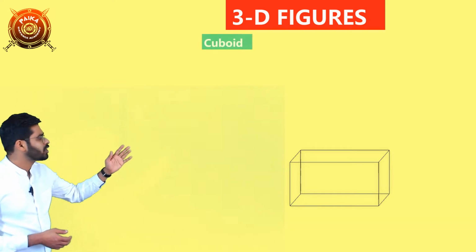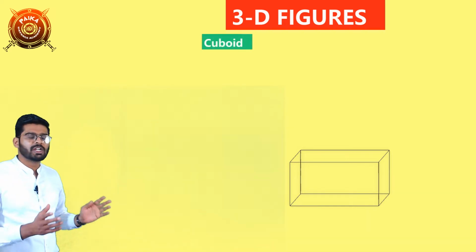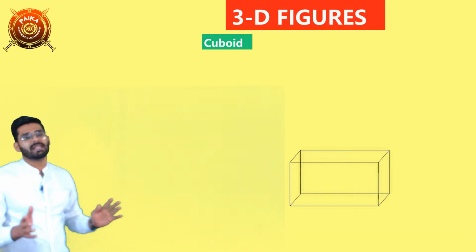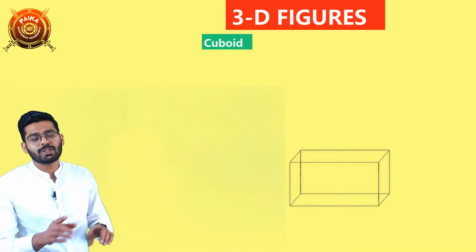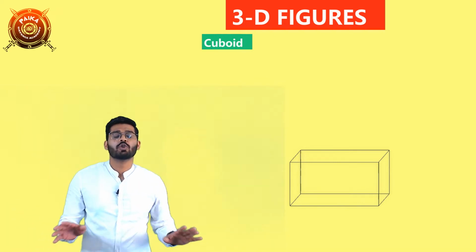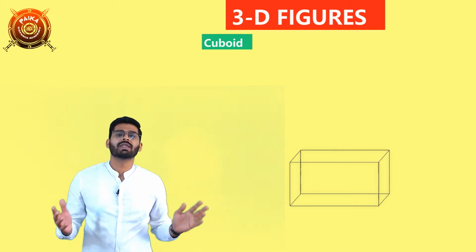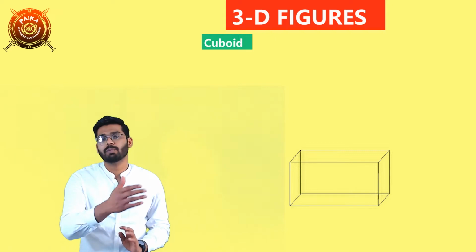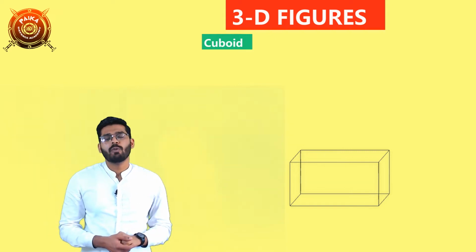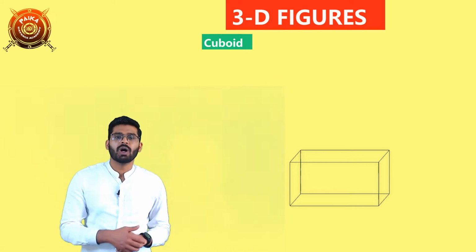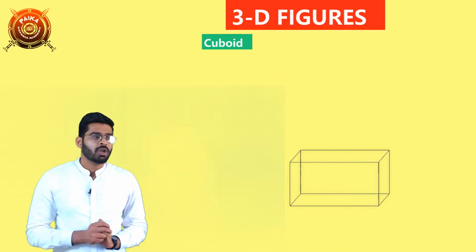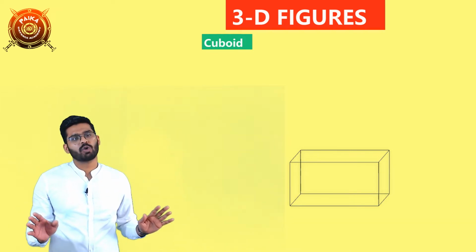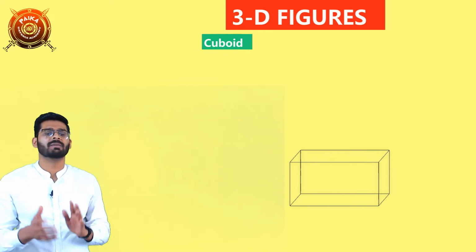So students, this is a cuboid. Anything in your surroundings that is similar in shape to this will be called a cuboid. And brick is not the only example in our surroundings which looks like a cuboid. A lot of things in our surroundings look like a cuboid. For example, your math book is also a form of cuboid. So students, you can say that in our surroundings we see a lot of things and they are all 3D shapes because they have some length, some breadth and some height.